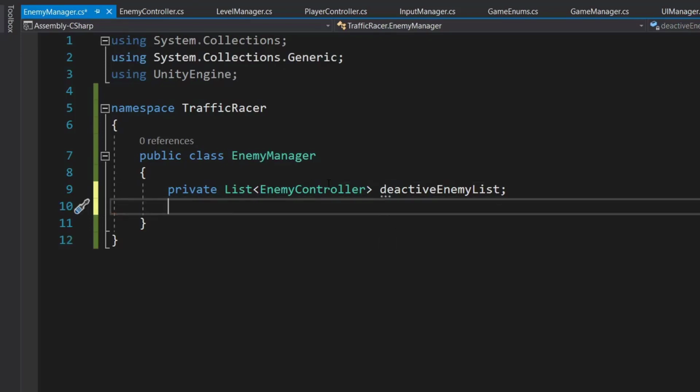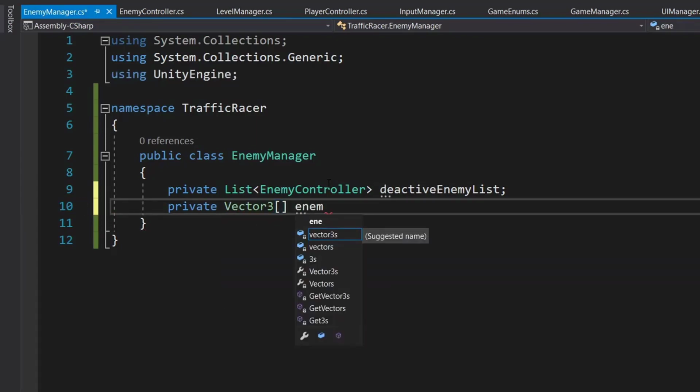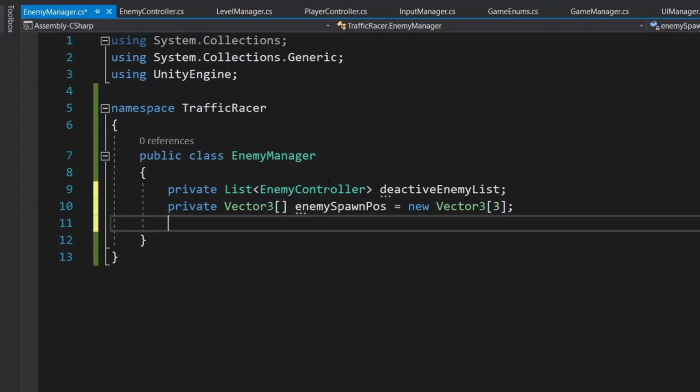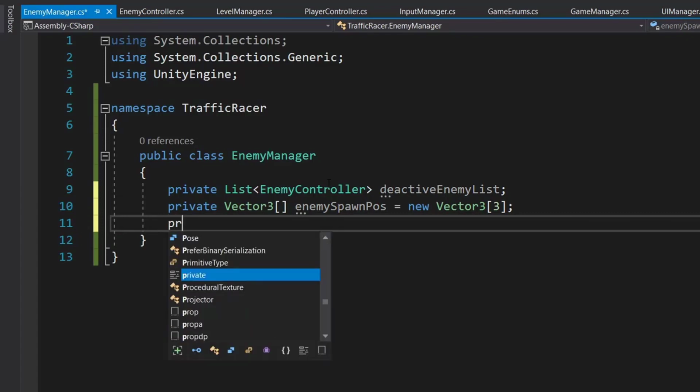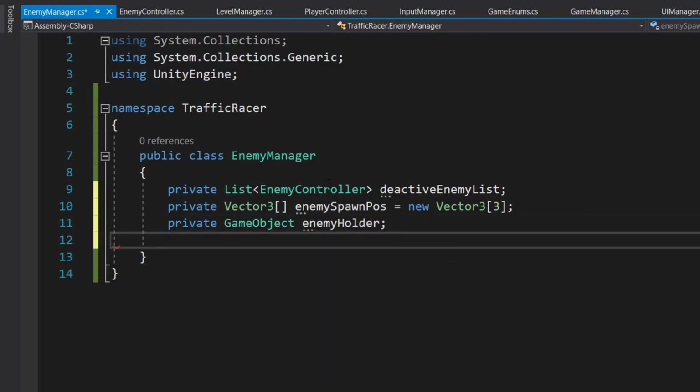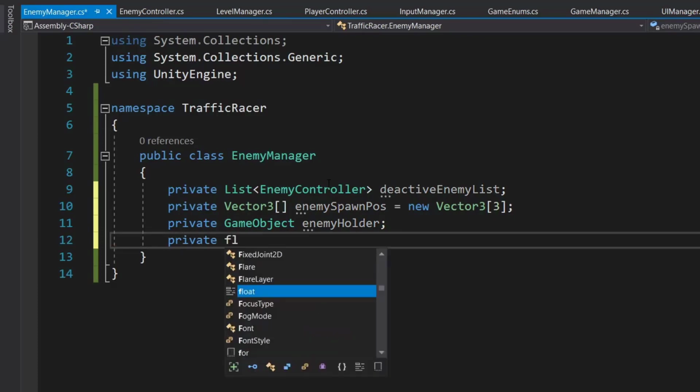Then we need a private Vector3 array, and we will call this enemySpawnPos, which will be equal to new Vector3 array of count 3. We know that we have three lanes and there will be only three possible spawn positions. Then we need a private GameObject enemyHolder variable, where we will hold our reference to the enemy holder game object. Then we need a private float moveSpeed.